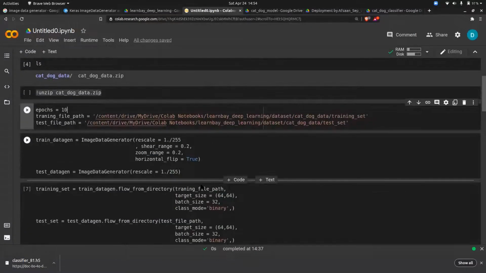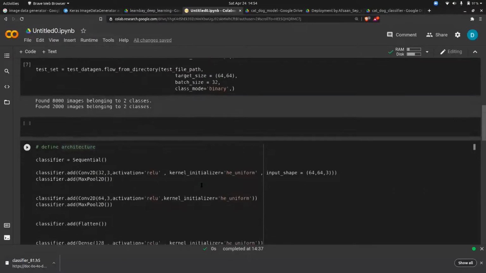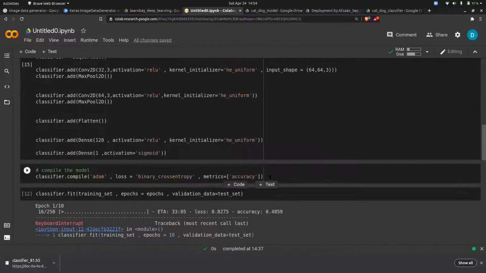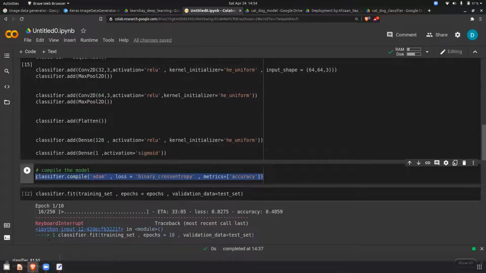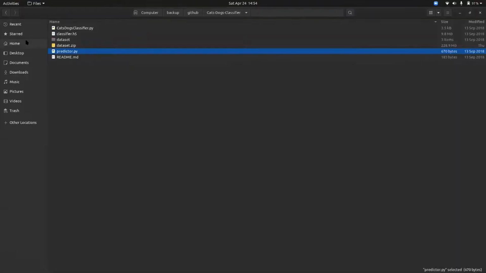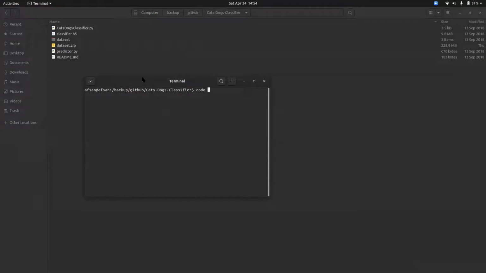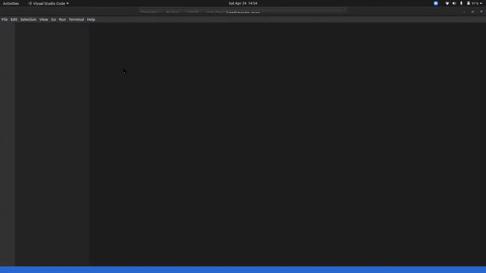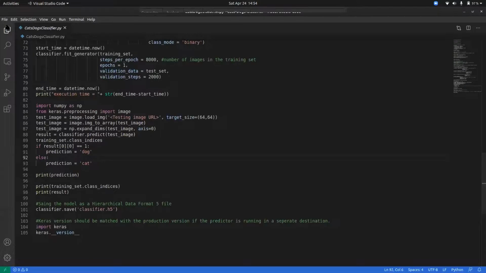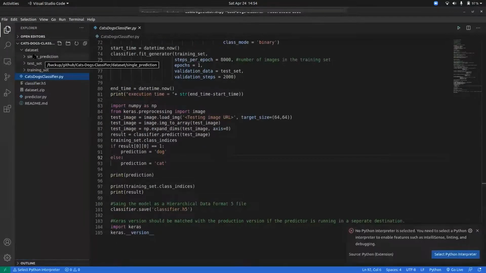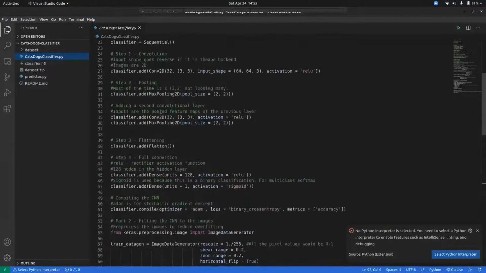And of course, everything should be in the form of proper functions and classes. That's why I told you to do everything in Jupyter Notebook. In real time, it will look something like this if you convert everything. See, I have a data set structure maintained here, and the classifier.py file.